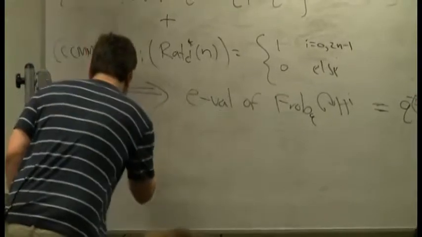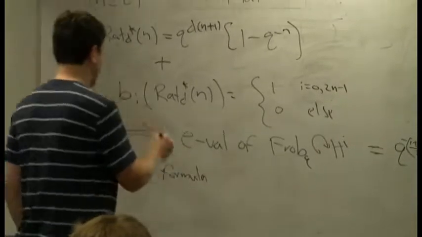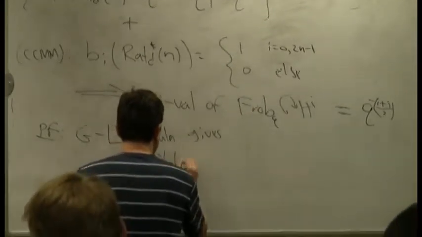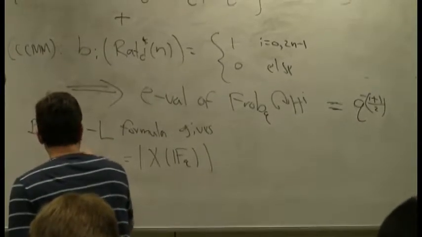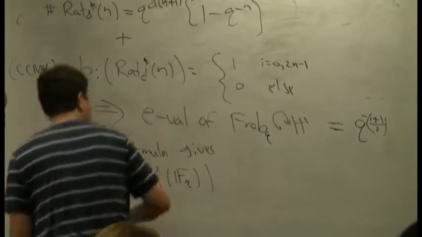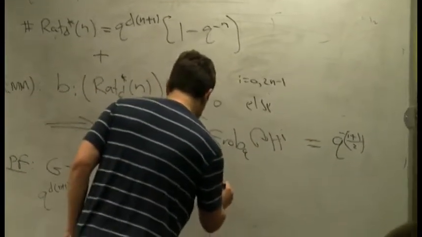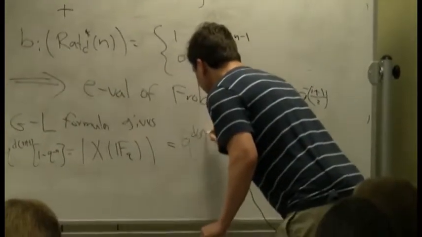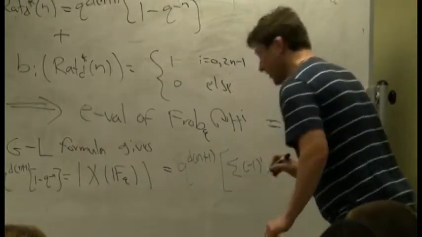So here's the proof. Grothendieck-Lefschetz formula, and this will be the end of my talk. The Grothendieck-Lefschetz formula gives, let's just do the formula. It gives on the one side the number of F_q points, which of course is, we just said, q to the d times n plus 1 times 1 minus q to the minus n. And on the other side, it gives, there was Poincaré duality, but the formula read like this. q to the d times n plus 1 times the summation of minus 1 to the i